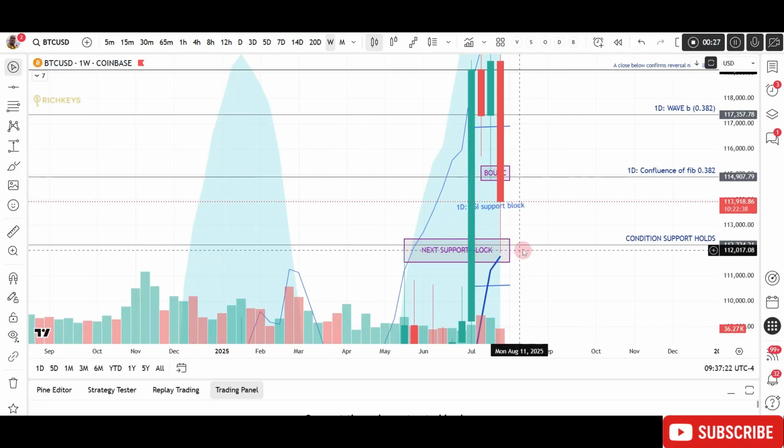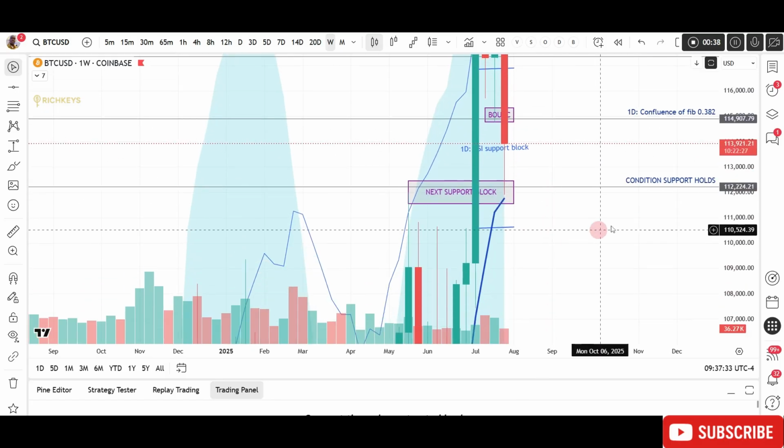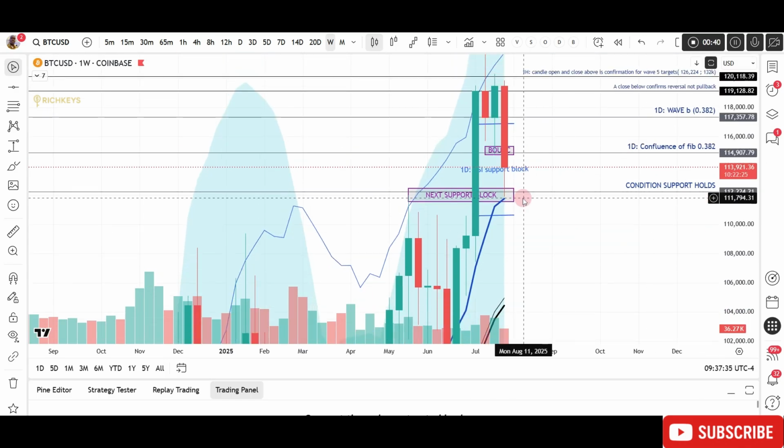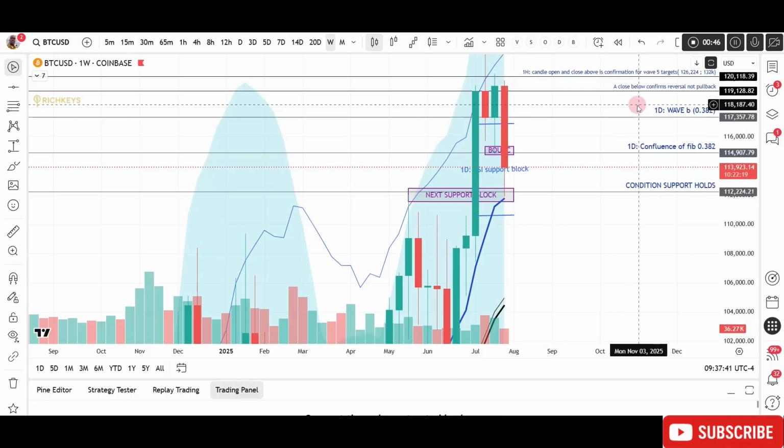we have come into our interest box, perfectly hit, and we are looking to see whether the condition holds for a pullback. In this case, we're looking at it from the bullish perspective that we've hit our 9-day period average. We've come into a support confluence zone, and therefore we're going to find our way going back up.